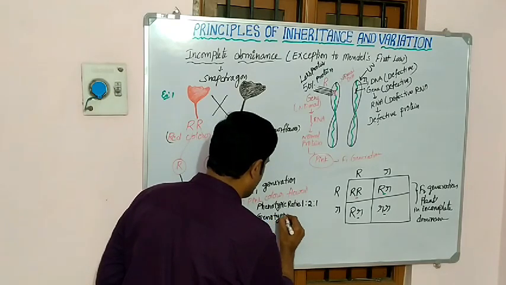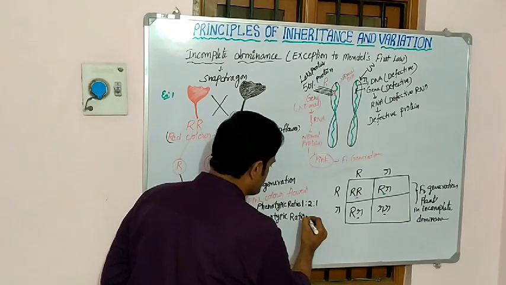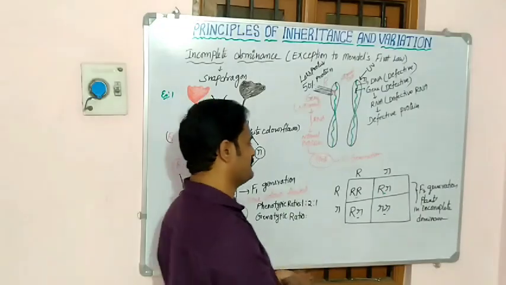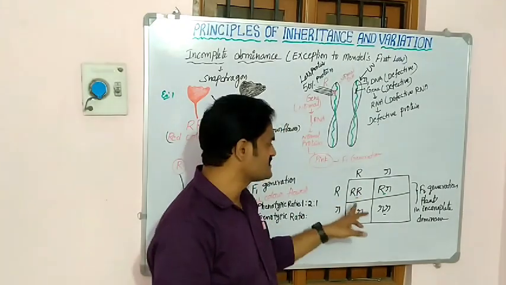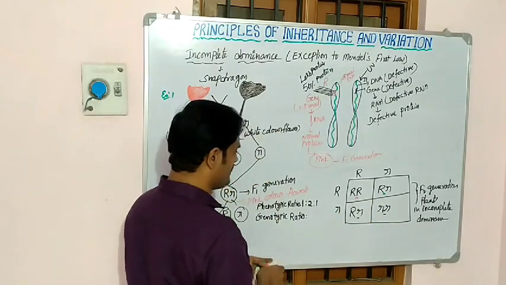Genotypic ratio. So what is the genotypic? That means genetic makeup. See, same kind of genes, capital R present in where? Only one plant only. So I will write here 1